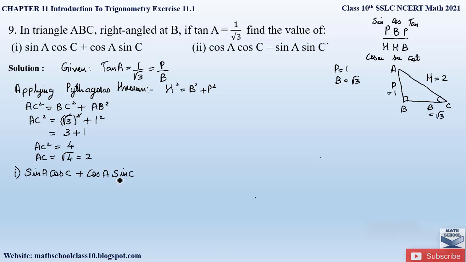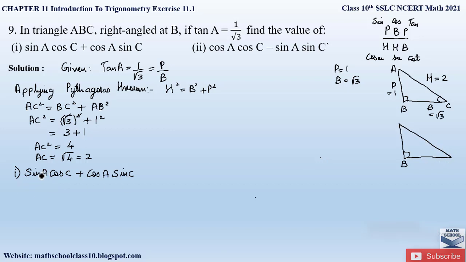Now here you can observe that we have to find out sine and cos value considering two different angles, that is angle A and angle C. So we have to make sure when we find out sine A, angle A is the acute angle, and when we find out sine C, angle C will be our acute angle. So accordingly we will draw the triangle first here. Since they have mentioned that we have to consider a right angle triangle which is right angled always at B, angle B will always be a right angle, and depending upon the acute angle we will name this triangle.